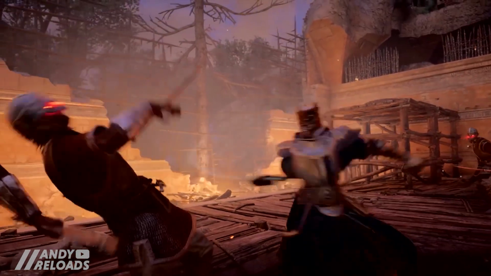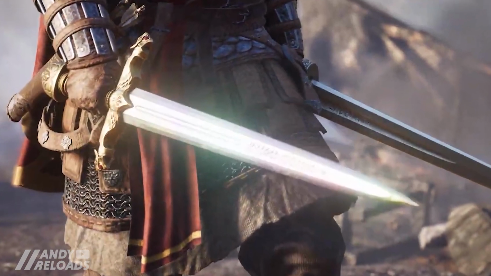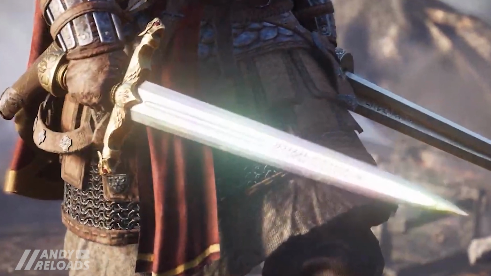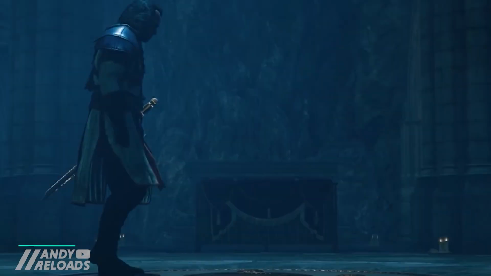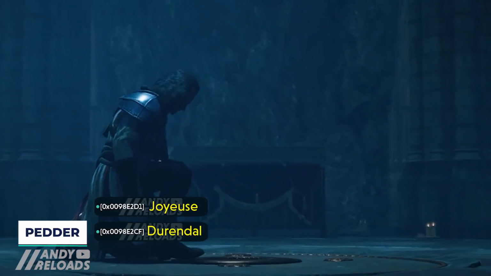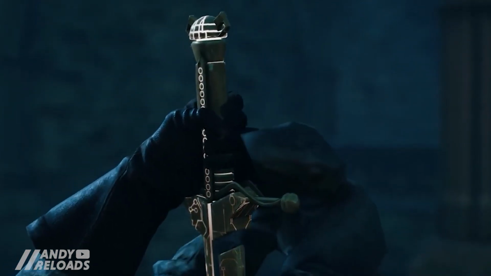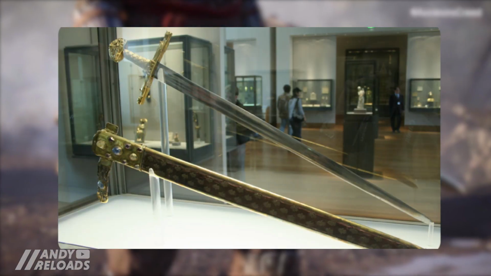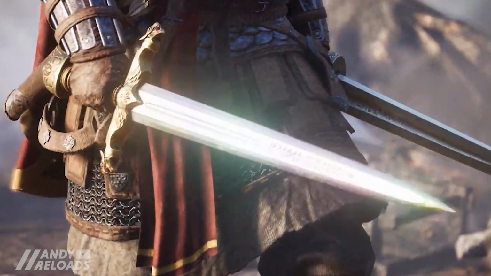A couple of weeks we shall wait, and it does look like one of the swords Eivor's holding has a multicolored shimmer on it, and I reckon that might be the Durandal or the Joyeuse, which are the legendary weapons that were owned by Charlemagne and his champion Roland, which Pedder has also found in the game files. At this stage, I'm leaning towards the Joyeuse, as the design is quite similar to the real Joyeuse that's currently on display in the Louvre in Paris,